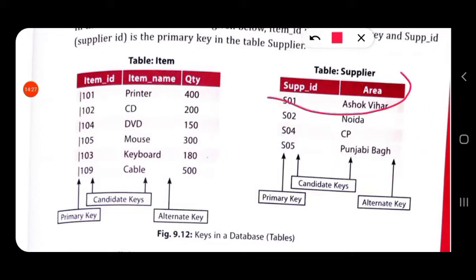These two are fighting for the primary key position, so they are the candidate keys because they can be considered as primary key. Out of them I consider supplier ID as the primary key. The leftover one, the area, becomes the alternate key, and the two are the candidate keys.